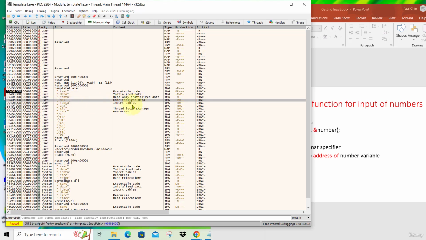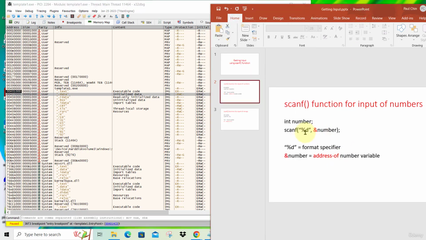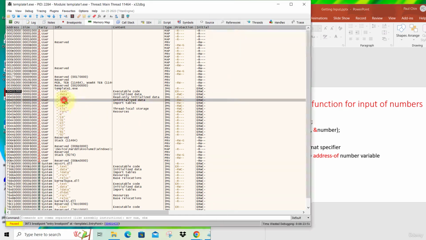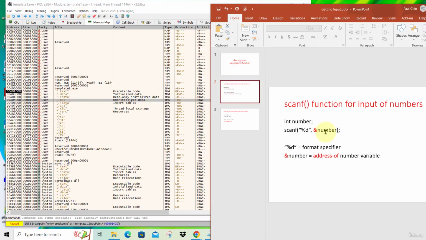In this lesson, I'm going to show you how to use the BSS as well as the data segment. For the data segment, we are going to store your format specifier, because when the program restarts, you still want to have this data inside your program. And then for BSS, we are going to use it to store the variable, the number, because this number doesn't need to be preserved after you restart the program.